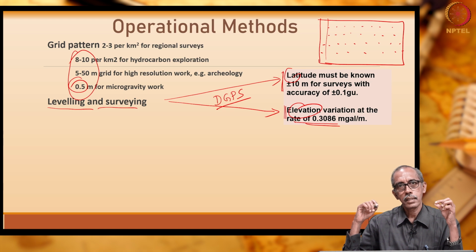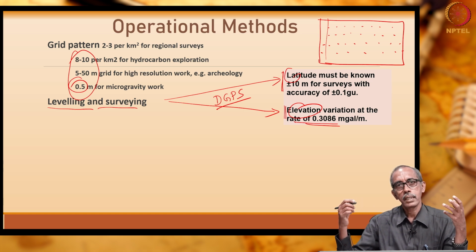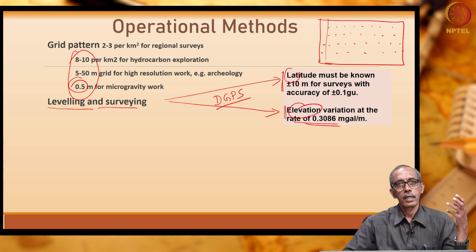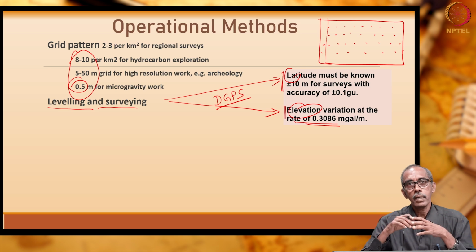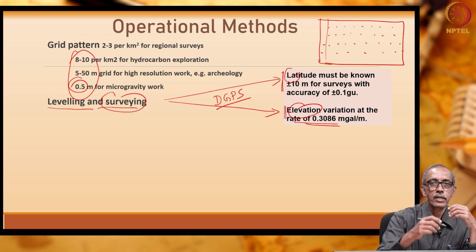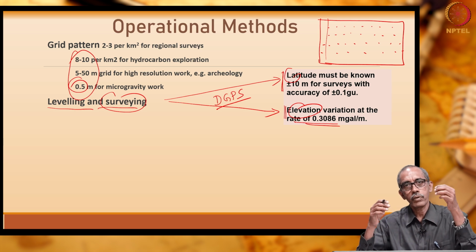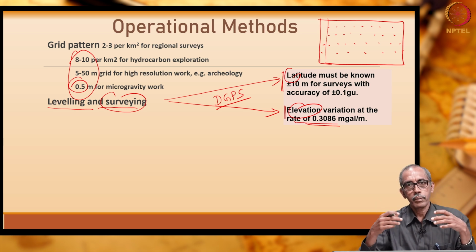The level accuracy is in centimeters, and the latitudinal accuracy is much better, even less than 1 meter. So, accurate measurements we are able to get. This was very difficult in olden days, 25-30 years ago. Gravity survey would take more time because we spent most of our time for surveying. Actual gravity measurement using a gravimeter is only 1 minute, not more than that, because with modern day gravimeters, as I told you, even approximate leveling is sufficient.